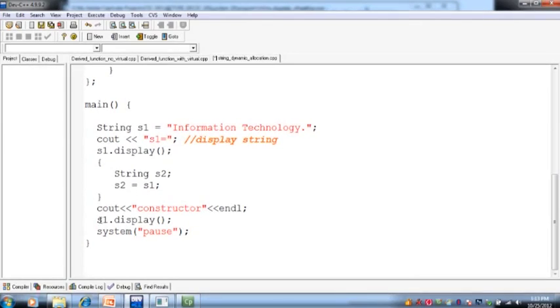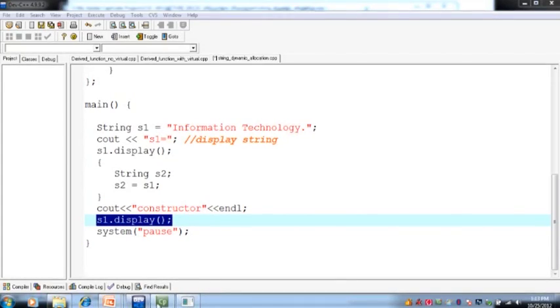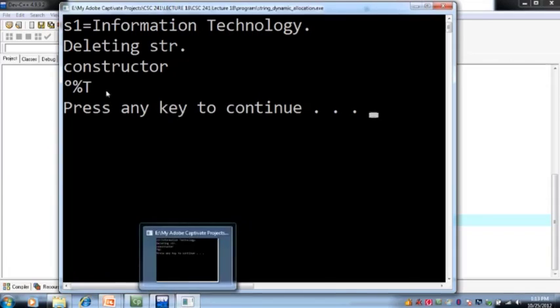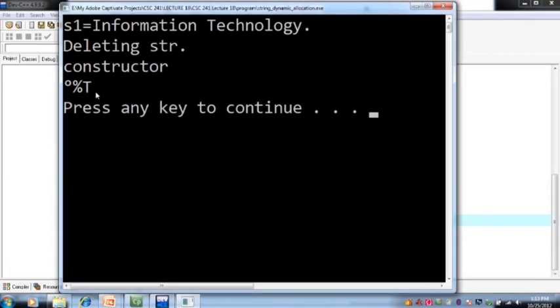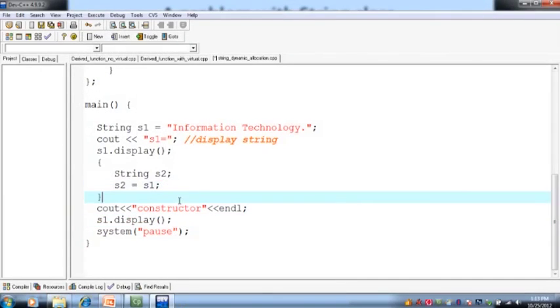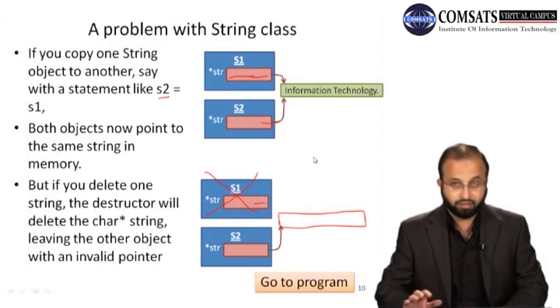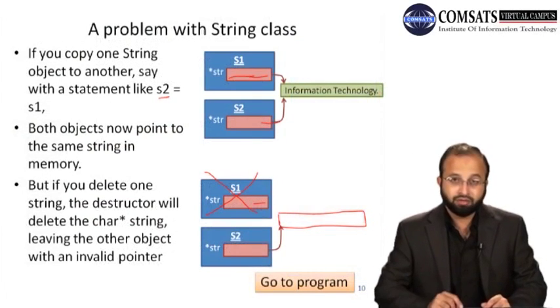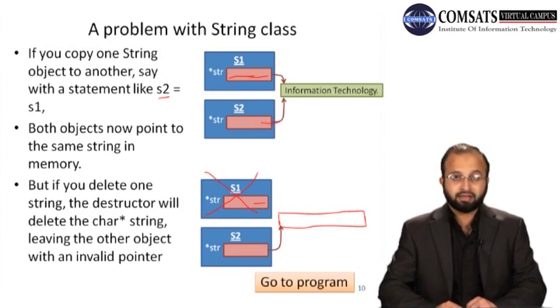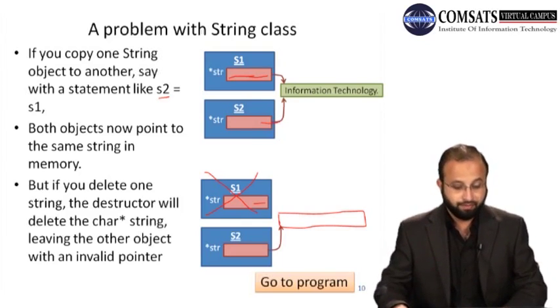Now in the main function, the object S2 is defined within this block. So this means that इसका scope जो है लाइफ टाइम जो है वो इस ब्लॉक तक ही लिमिटेड है, राइट। एंड देन वी डिलीट S2 ऑब्जेक्ट। इसका मतलब है कि वो S2 ऑब्जेक्ट को जब डिलीट करेंगे, डिलीट किस तरह से होगा, जब ये इस ब्लॉक से बाहर आएगा यहाँ पर तो ऑटोमेटिकली डिलीट हो जाएगा, हम डिलीट नहीं कर रहे। तो जब ये ऑब्जेक्ट डिलीट होगा तो the pointer contained by the object, that pointer points to some memory location. The destructor in that class will also delete that memory, ठीक है। उस मेमोरी को भी डिलीट कर रहा है यहाँ पर, राइट।